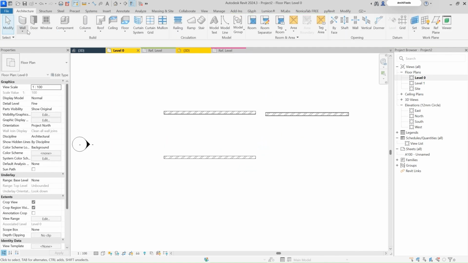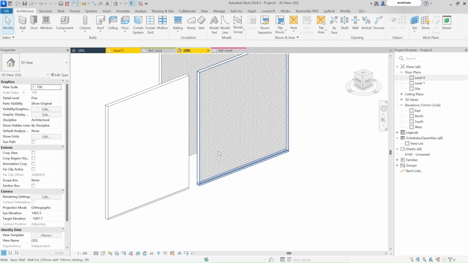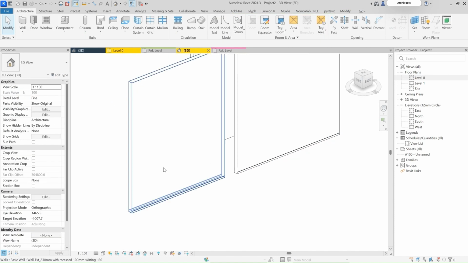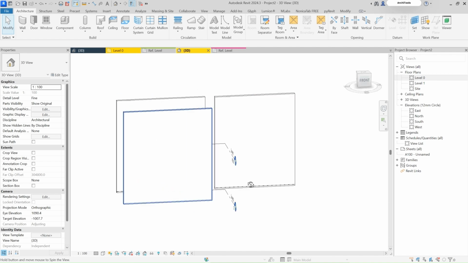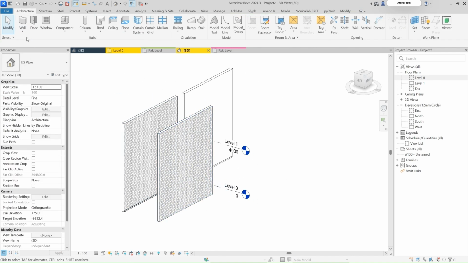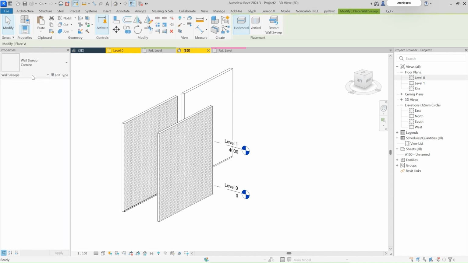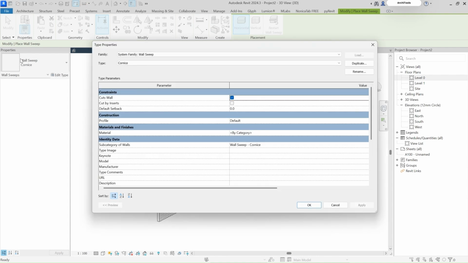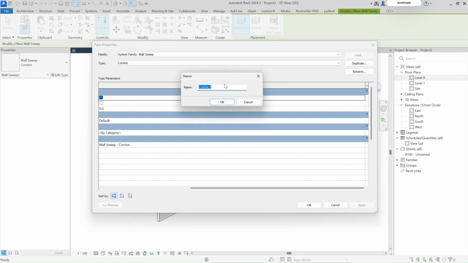So in order to provide your wall sweep like this, you have to go into 3D, and after that, okay, this was my wall. Here we go. And here I will provide my wall sweep. So just go to the drop down and select wall sweep. Here we don't have any skirting in the wall sweep. So I'll duplicate this, name it as 100 mm skirting,